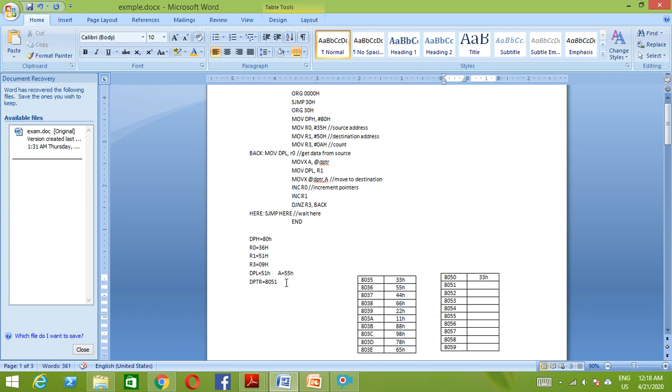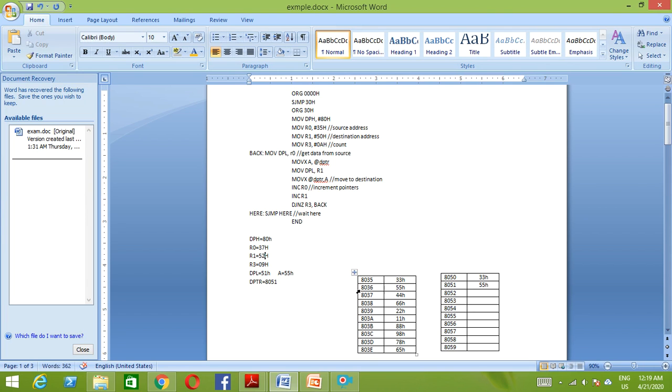So after this MOVX @DPTR, A, the accumulator's content 55 will be loaded into DPTR. So here it is loaded, the 55 is going to come here, so we will be having the 55h. Then increment r0, increment r1, so r0 and r1 are incremented, so it is going to be 37 and it is going to be 52, right?